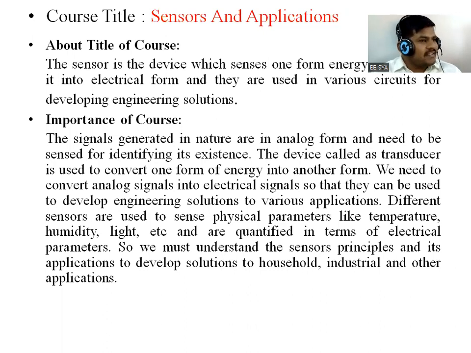We need to convert that analog signal into an electrical signal, so that it can be used to develop one type of engineering solution for any complex problem. Now, the different sensors are used to sense physical parameters like temperature, humidity, as well as light, etc., which are quantified in terms of electrical parameters. Do you know that this sensor can be interfaced with a peripheral, or we can call it our computer,